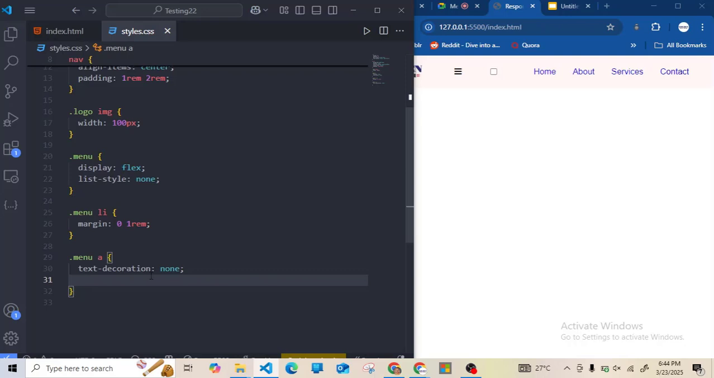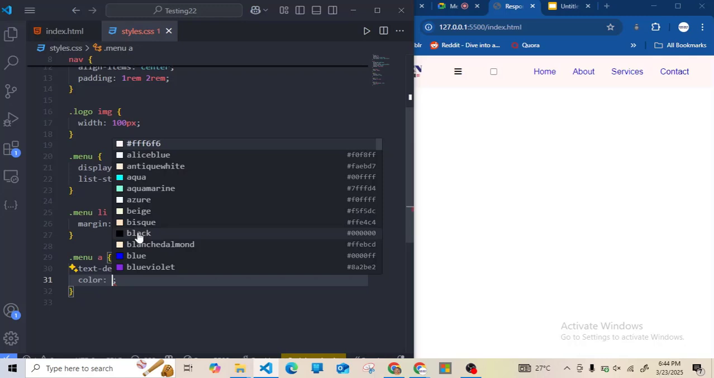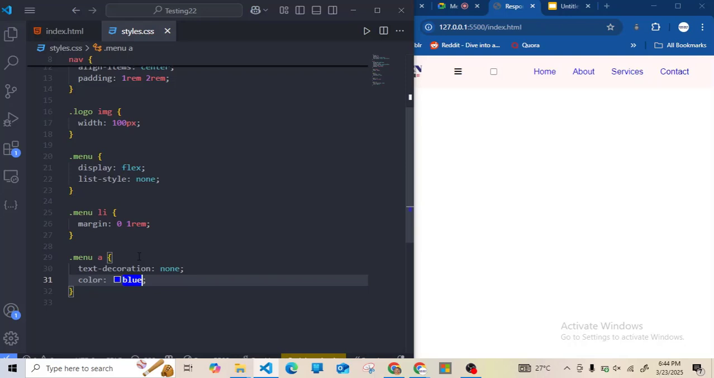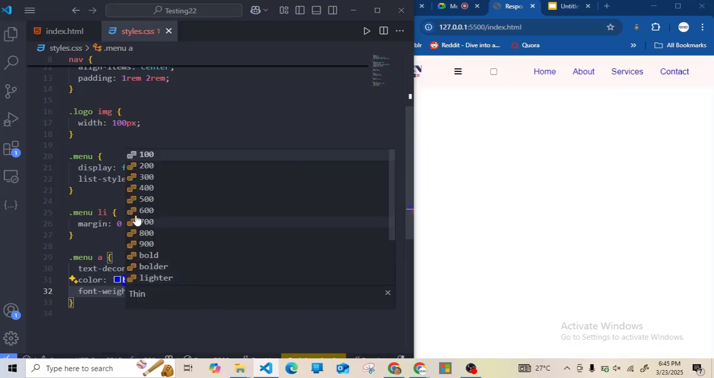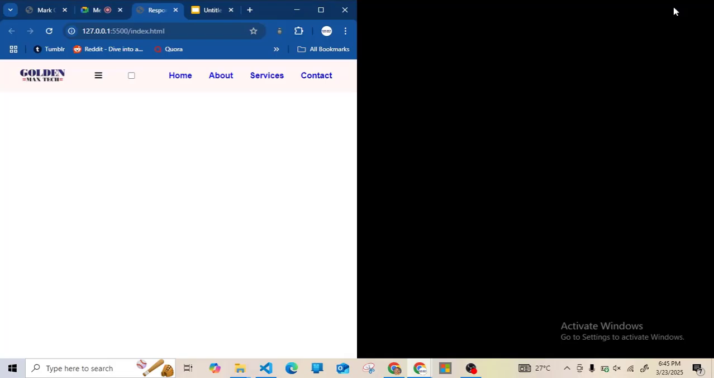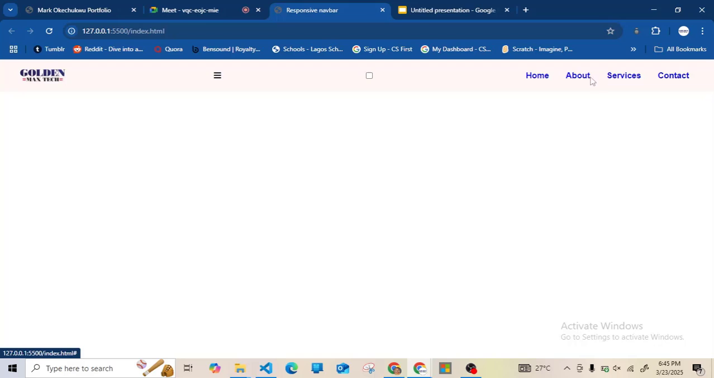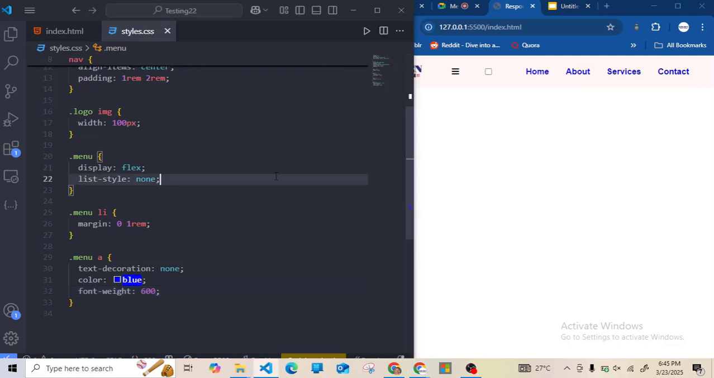If you want to change the color of the text, you can do that now. If you want to change the font, or the font weight, it is up to you to do what you want. So let me put it to 600, and I think basically this is good for me. I'm not going to do any thorough styling here because we have an objective in mind. So like this,